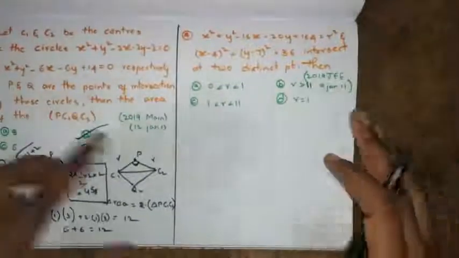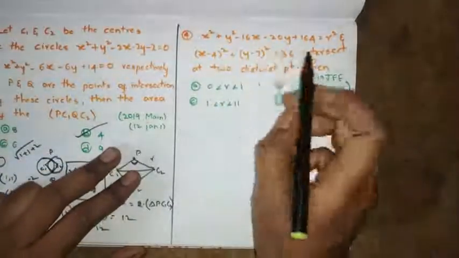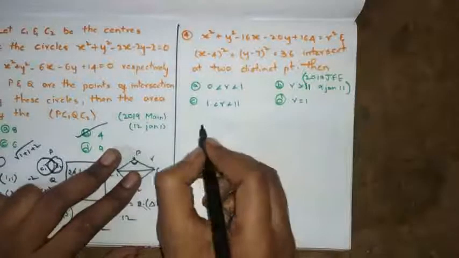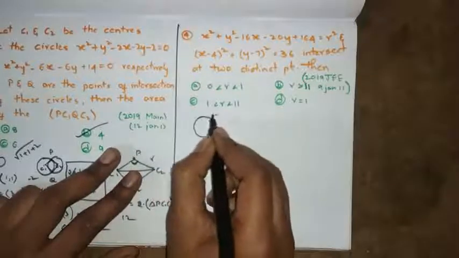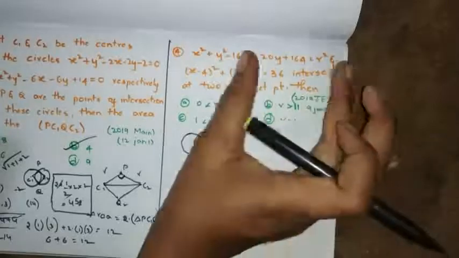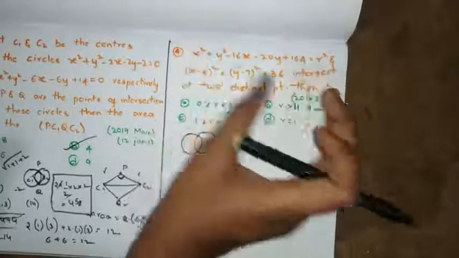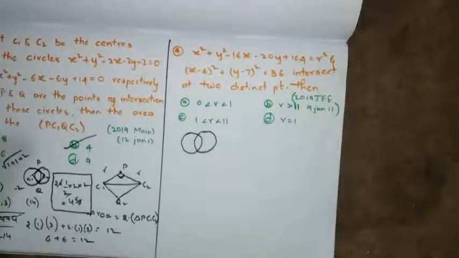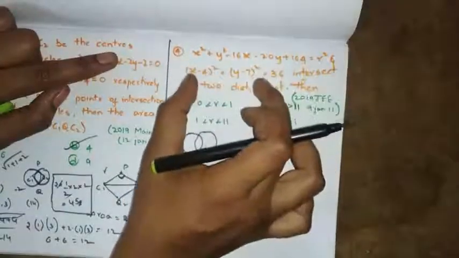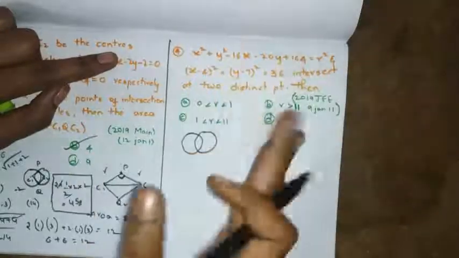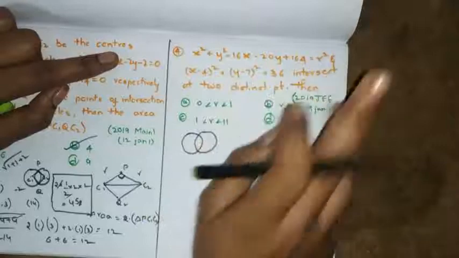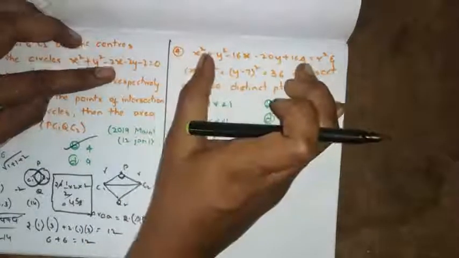Let's see the another question. These two circles intersect at two distinct points, means this is the condition, and we have to get the R value. But see here, this is like this. Equation of circle is given and it is equal to R square. How to get that? See students, we have to convert it like this so that we can take it as some x minus h whole square plus y minus k whole square is equal to R square. But how to get this?